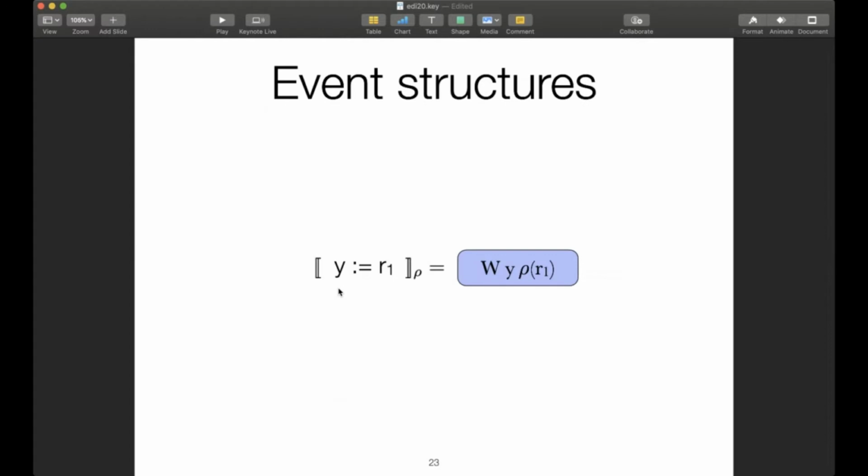So, as I said, we're based on event structures. We're going to build these event structures up piecewise. The way we do this is sort of back to front. That'll become apparent in a moment, but let me just start with really basic stuff. If we have a write here of the variable R1, we have this rho which goes along with the evaluation of the semantics. It's a register environment. So the semantics of this write R1 into Y becomes one of these write events with value to variable Y with value rho R1. A concrete write would just,